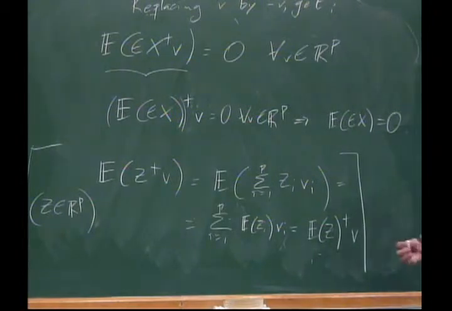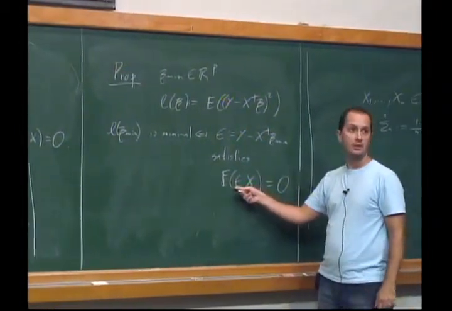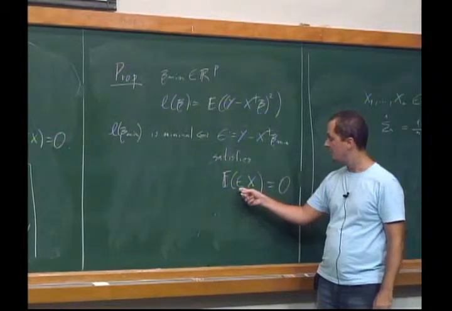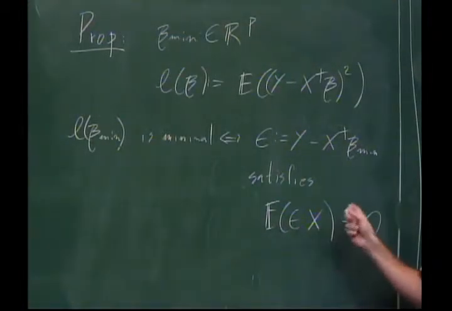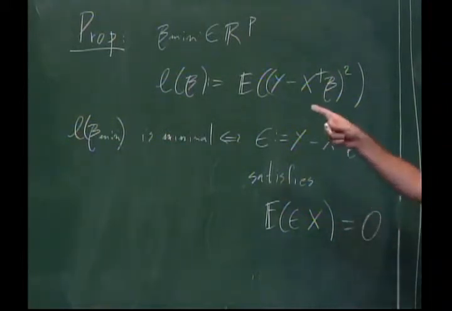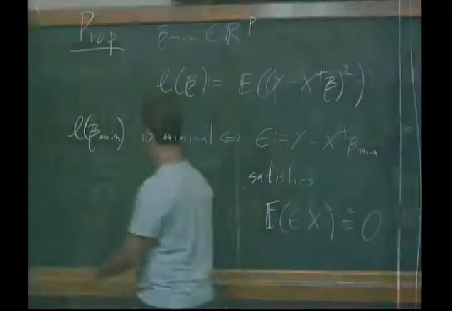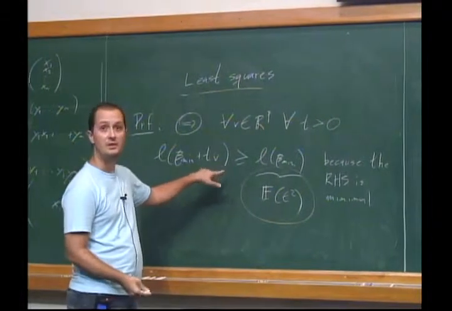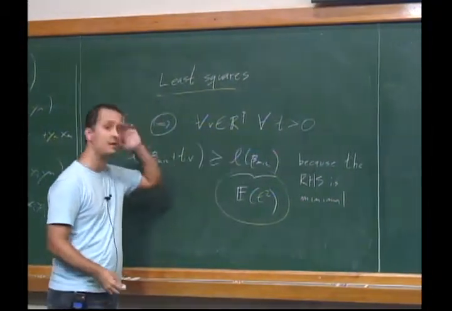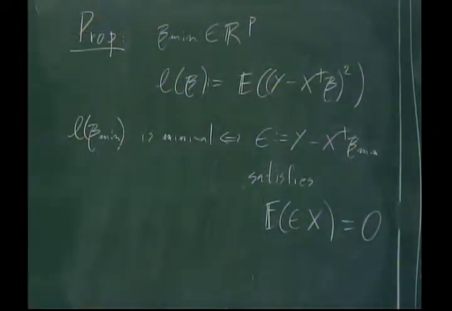Right, so this proves half of that statement we had here, which is that if you have a minimal vector, it's because this epsilon satisfies this equation, which means essentially that epsilon is orthogonal to the coordinates of x. That's all this is saying. Orthogonal in L2. Right? And it's very easy to go the other way, so I'm not going to do it. Essentially, if you do everything backwards, you get back to this equation here for any v.